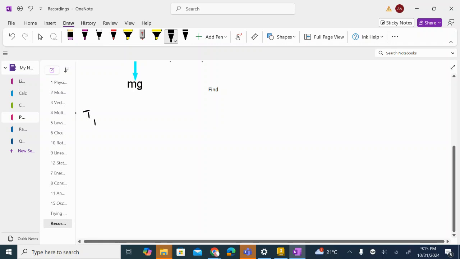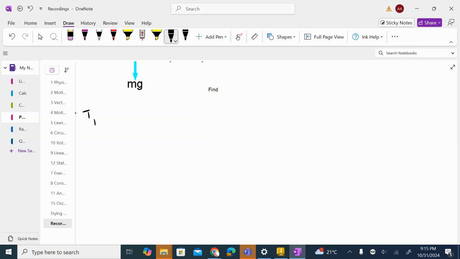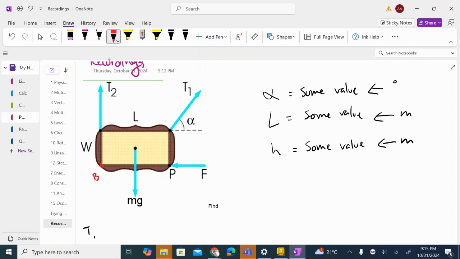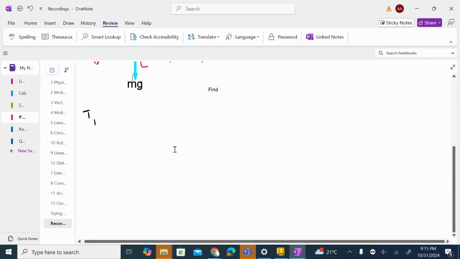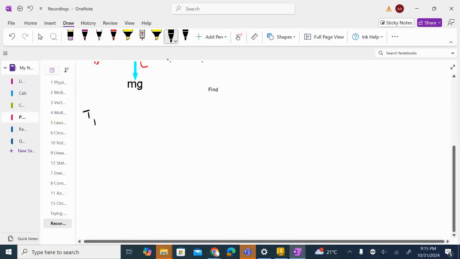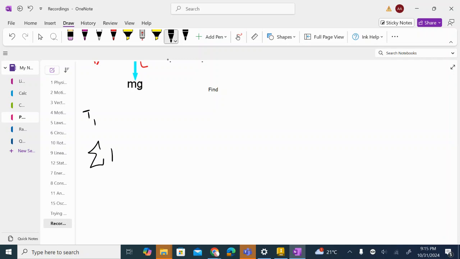How can we find the equation for T1? We can do, if we were to call this point B, and if we were to call this P, as it's already been called, this right here is H, and this right here is L, then we're going to get the following equation. The summation of forces, okay? Always go for a summation equation. The summation of forces at the point,